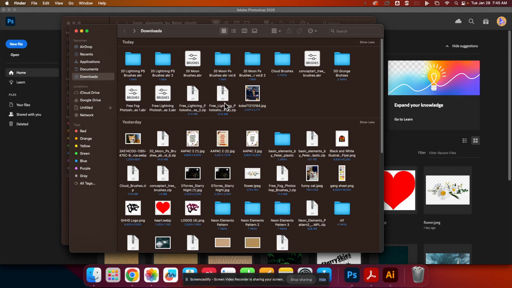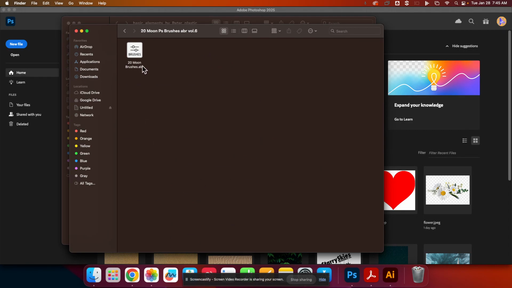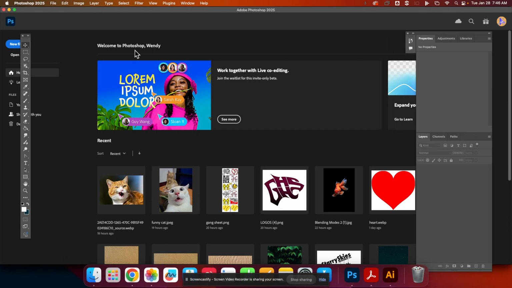When it unzips, it's going to give you a file that looks like this. You're going to open up this file and look for this type of file. You're looking for the one that has the extension of ABR. This is a brush file. Okay, so to open it, you're just going to double click. It may launch Photoshop if Photoshop is not open, but it's not going to look like it does anything,